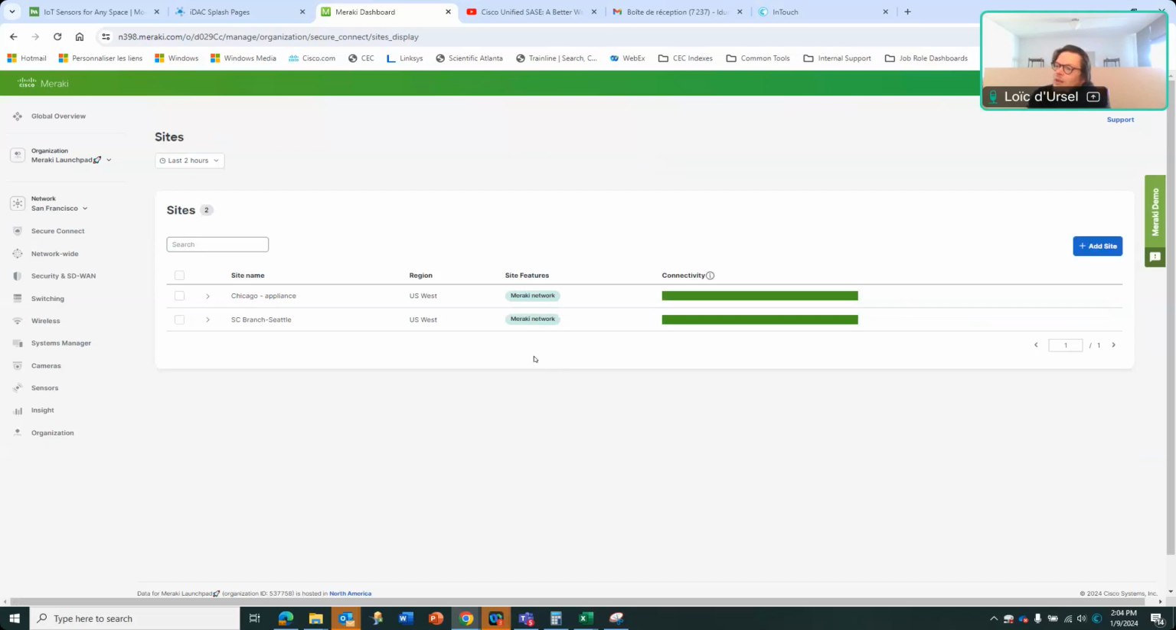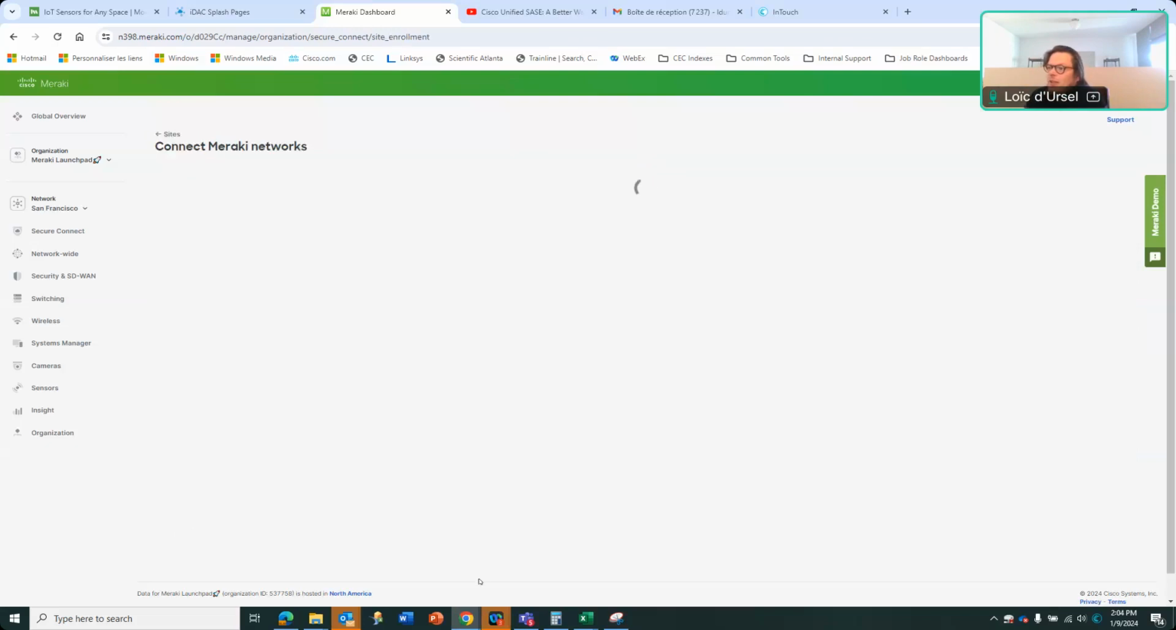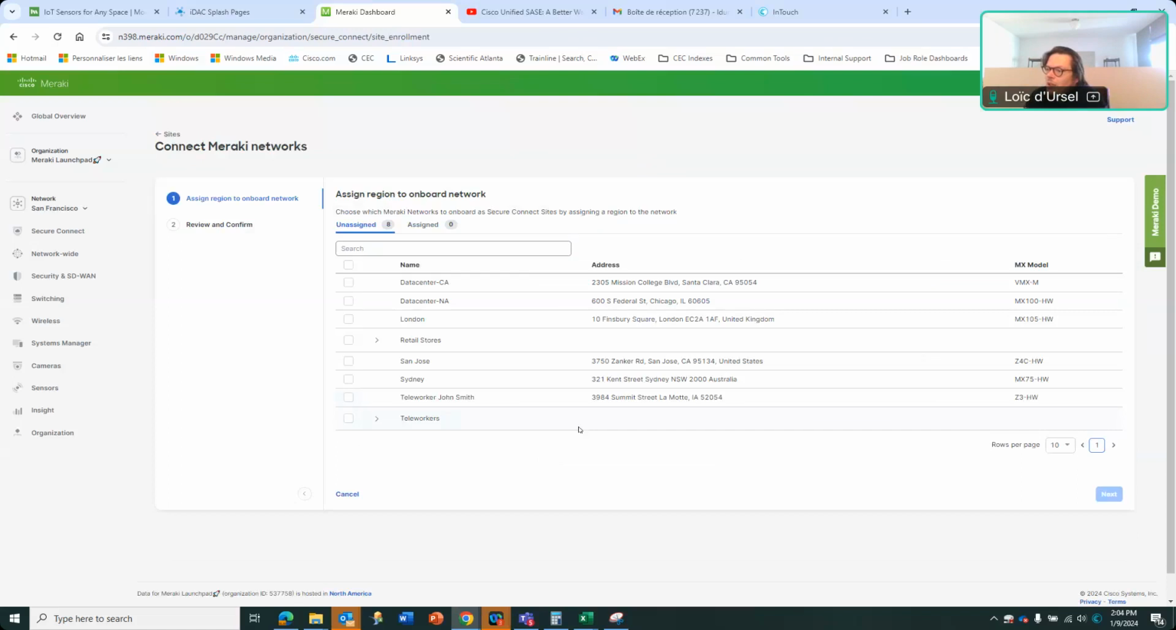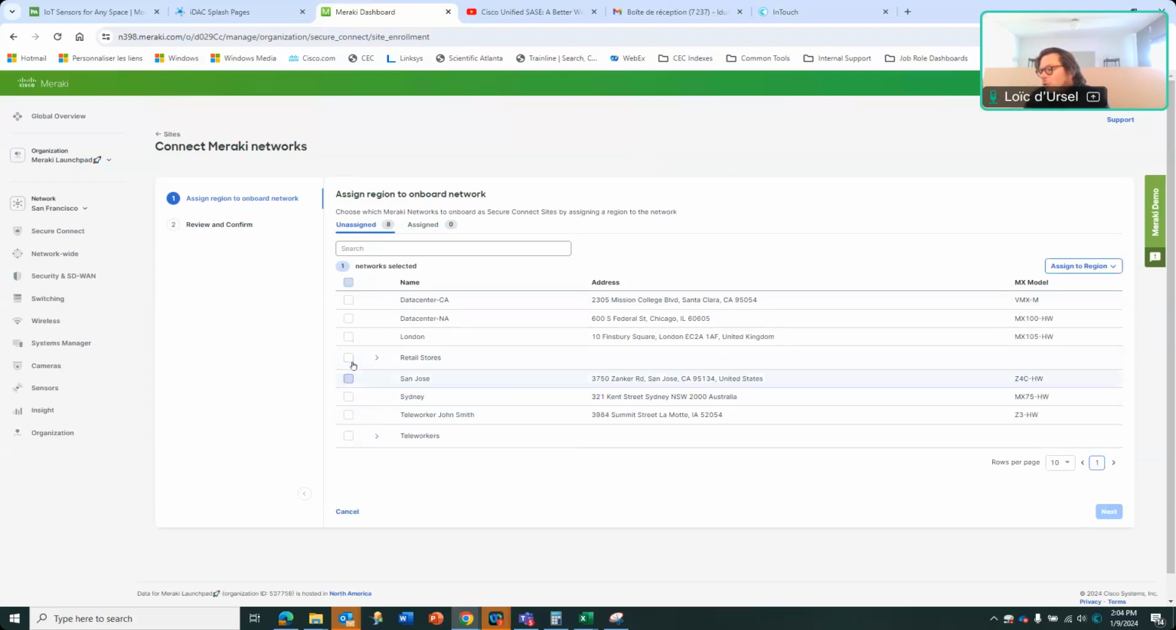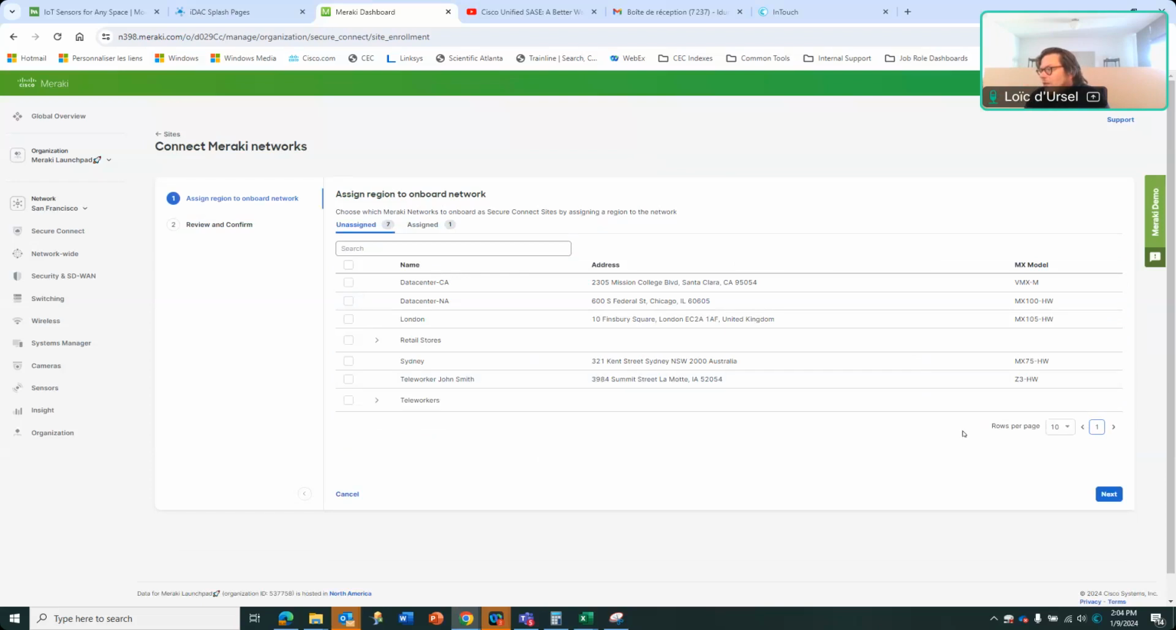So basically, let's say that in this case, we already have two regions, US West, and two site names, Chicago and SC branch. Let's say that we want to add one new network. By the way, we have a few of those unassigned networks that we would like to connect to one of the hubs, for example, the US hub. So let's say that we are looking at San Jose. We're going to assign a region. Let's say that we want US West, for example,